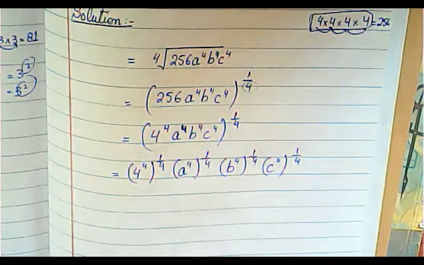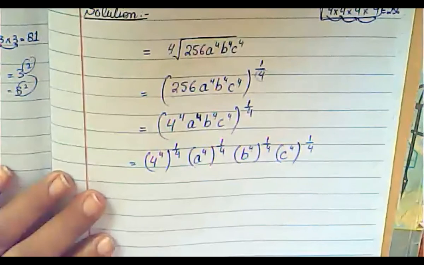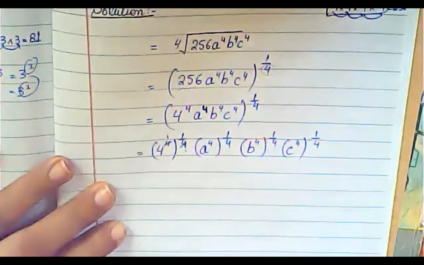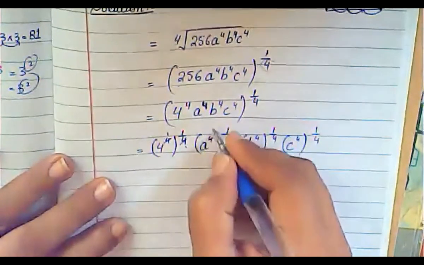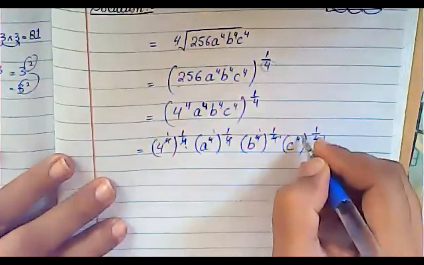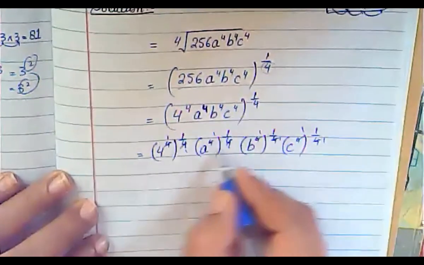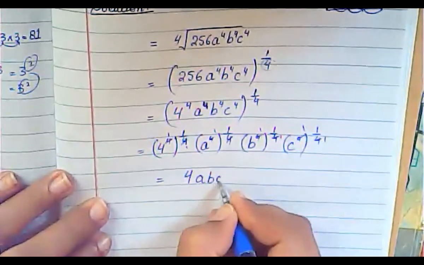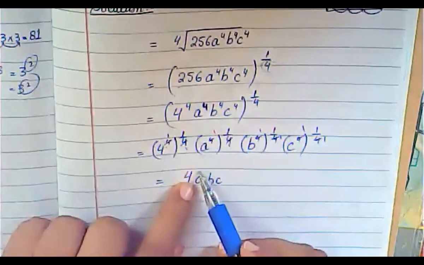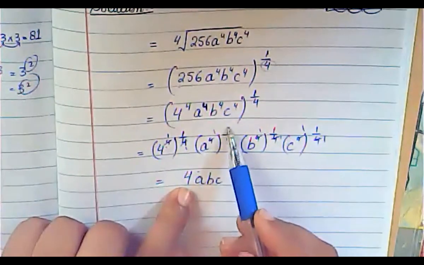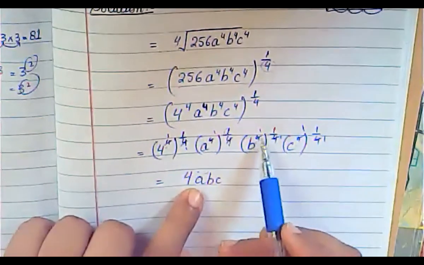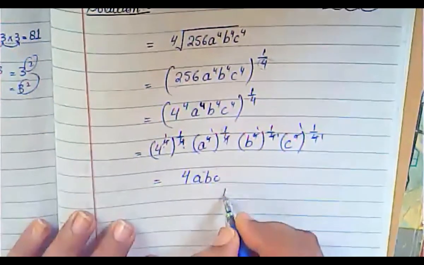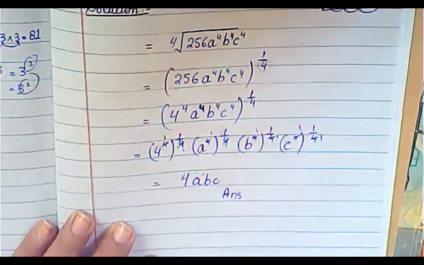Very good, Rumesa. Now simply cut the powers. We will do cancellation here. So simple cancellation. 4 ones are 4, 4 ones are 4, 4 ones are 4, 4 ones are 4, 4 ones are 4, 4 ones are 4. Powers will be cancelled, so only one power will be left. So you will write your answer 4, A, B, and C. Why A, B, C? Because 4 has only one power, so no need to write here 1. A will be left with one power, so no need to write here 1. B will be left with only one power, so you don't need to write here 1. Same goes for C. So answer is 4, A, B, C. This is your answer.